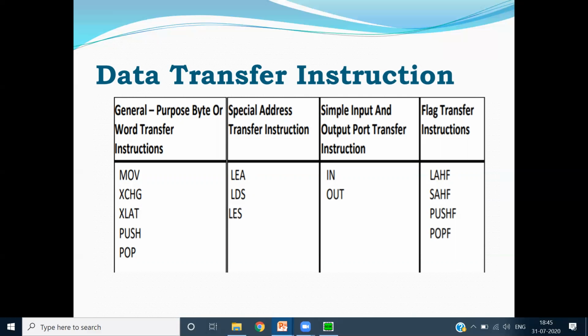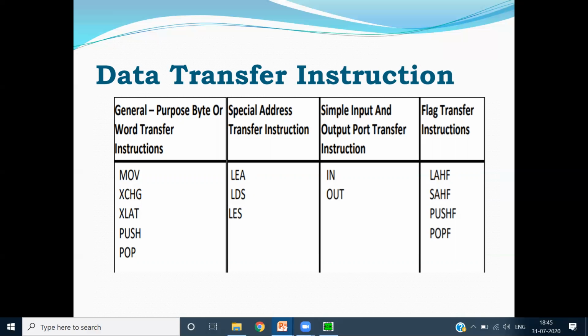So I'll use this type of instruction: LEA, LDS and LES. LEA is load the effective address, LDS is load the data segment register with a word, and LES is load the extra segment register with a word in the memory.